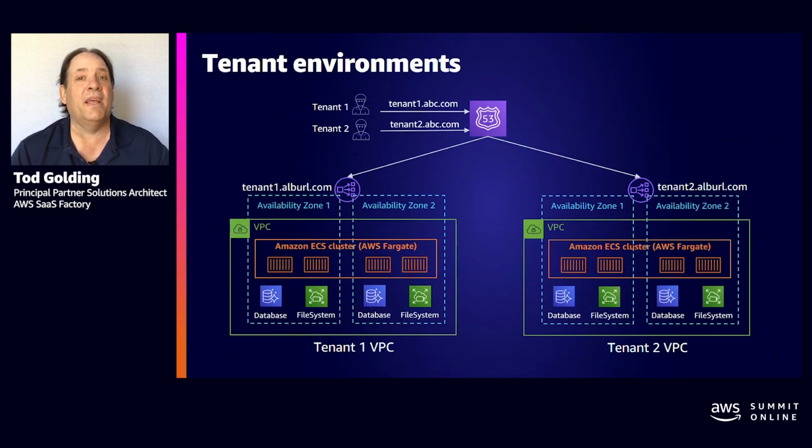Well, in this model, because we're lift and shifting you in, we're running a full stack silo environment. Every tenant gets their own environment. So each tenant is going to have their own VPC, and it's going to be a multi-AZ VPC, and it will be running your application in an ECS cluster, running on Fargate here. And then these will be actually sized based on the tier of your tenant. So you might deploy one tenant in a basic tier with one set of sizing, and another tenant in an advanced tier with a different sort of scaling profile.